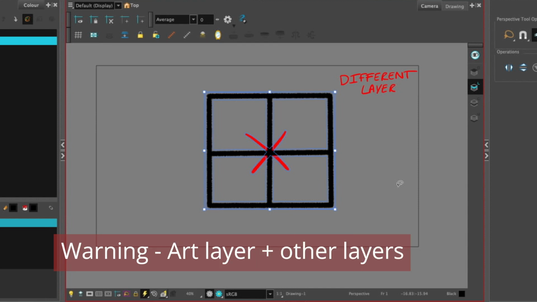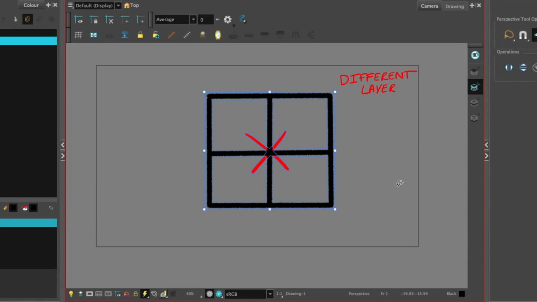Note that the previous keyboard shortcut for selecting art on other layers, the Control or Command shortcut, is also affected by the apply to line and color art button. If the button is disabled and the other layer is on a different art layer, so now this different layer is also on the color art layer, and I have the line art layer selected currently, you see even if I hold Control, it won't let me select it. With this button enabled, now it will. So with it enabled, you can select artwork on any art layer. With it disabled, it has to match the art layer that's currently selected.